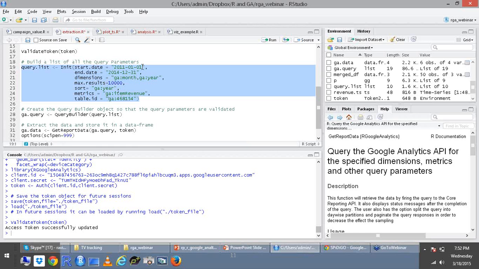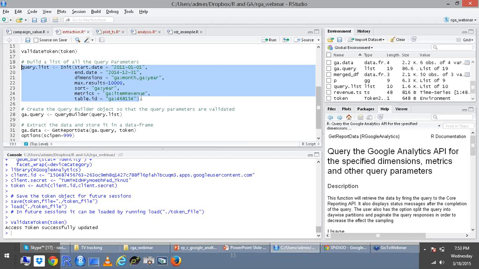Start date is the date from when I want data, end date is till what date I need data, what dimension I want, the maximum number of results that I want, how I want to sort it, what metric I want, and from which view ID I want it.